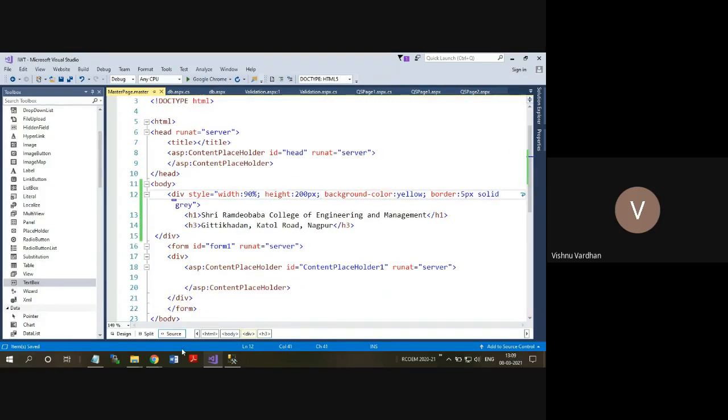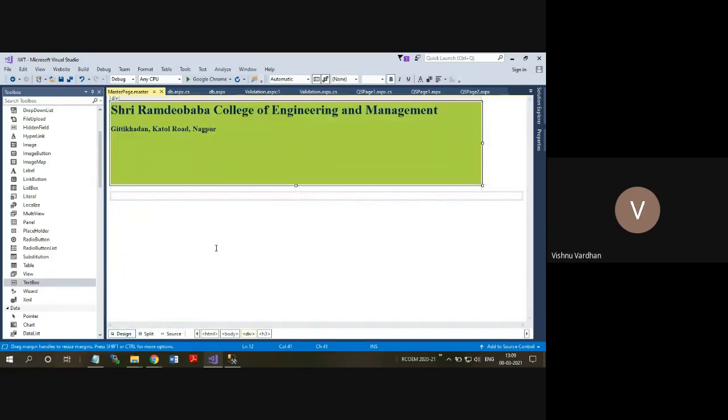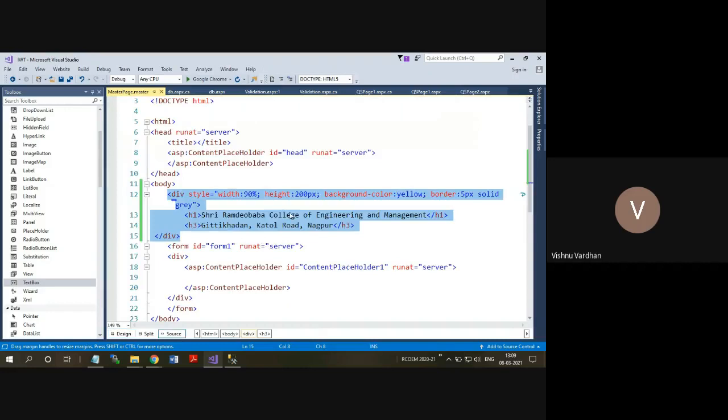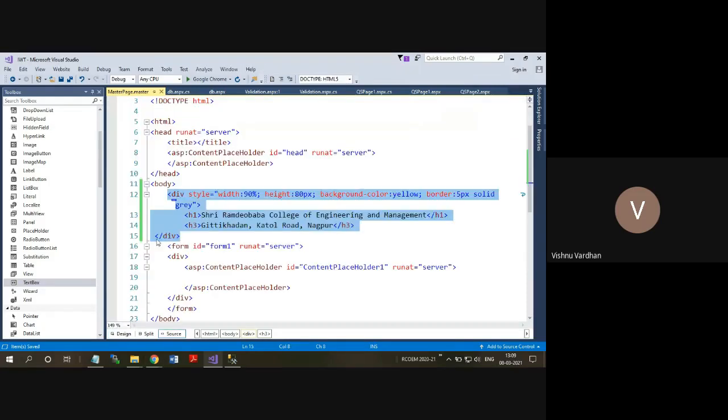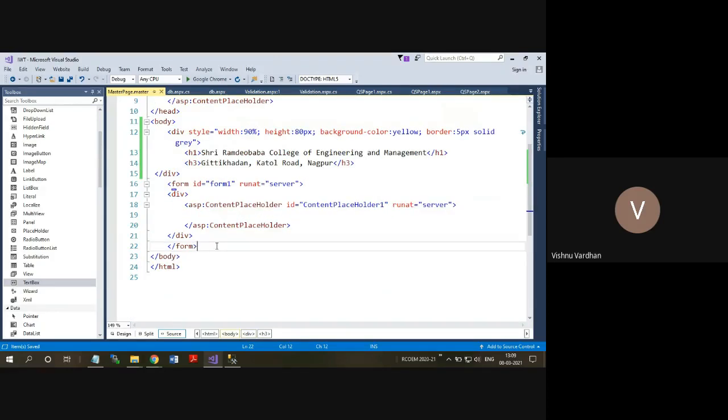Then you can see the interface getting created visually. I think 100 is not required; let us take 80. Yes, that is fine. After this, you will have some text coming here, and then a footer also.